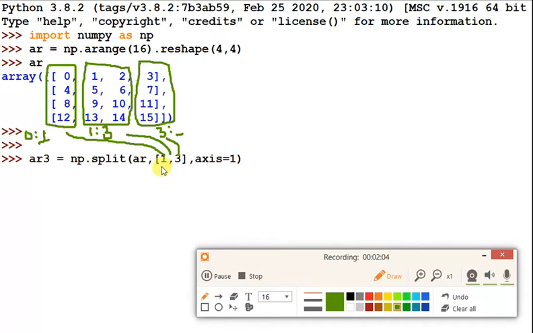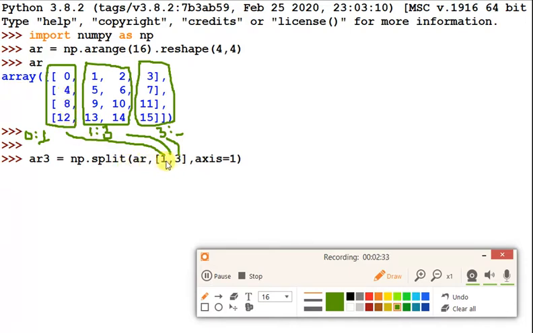So if you are passing the argument in this way, suppose you want to divide into 3 subsets. The first argument takes from 0 to this argument, that is 1, so 0 to n minus 1, where n is 1, so 0 to 0 means the first subset will be selected.